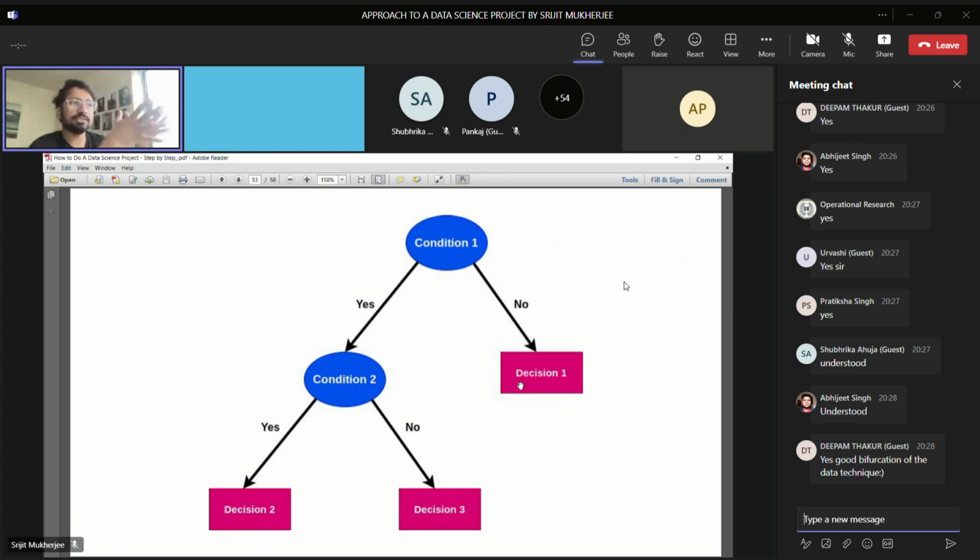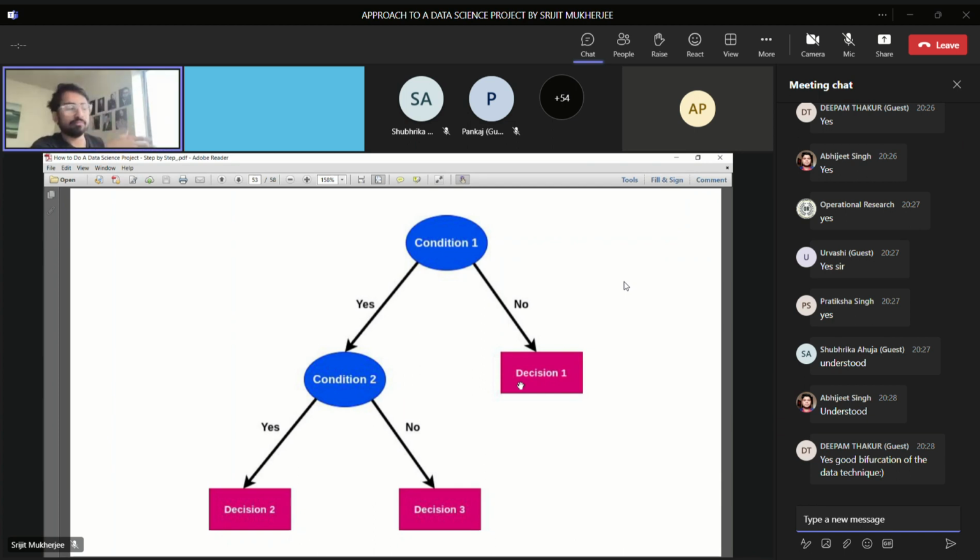If alcohol percent is less, that means it's probably French wine, or some other kind of wine, say Belgian wine. To understand the difference between Belgian wine and French wine, we probably need another variable, let's say total phenols. If phenols is greater than this, then it's Belgian wine. If it's less than this, it's